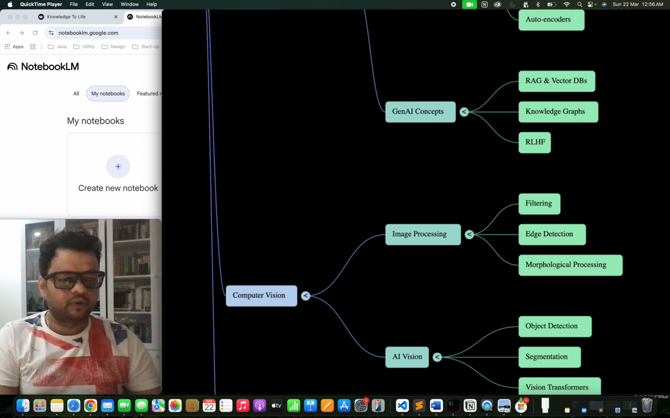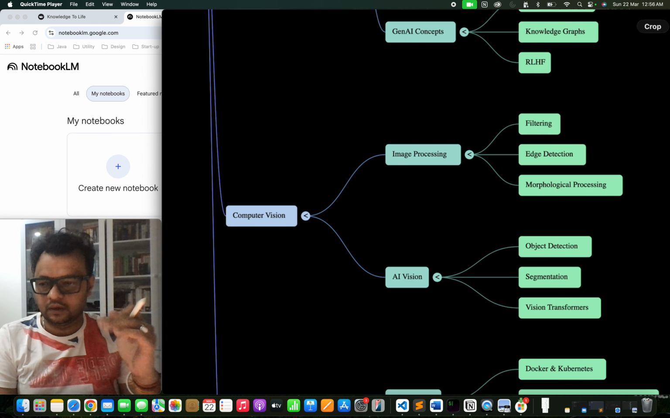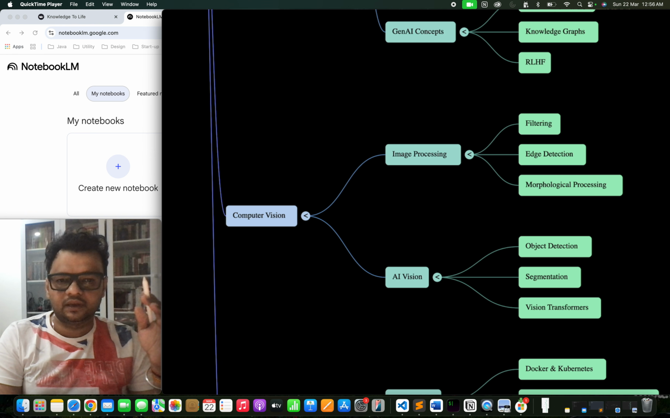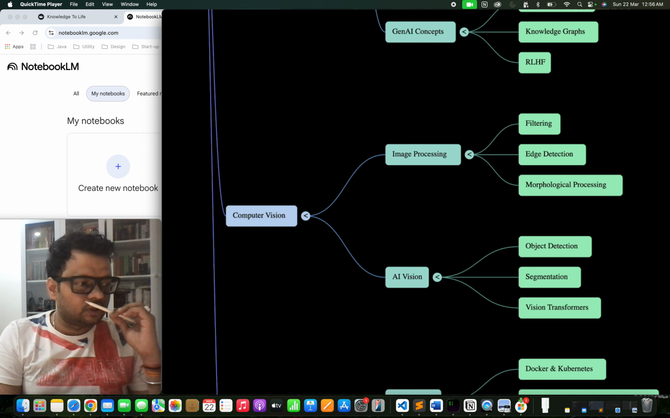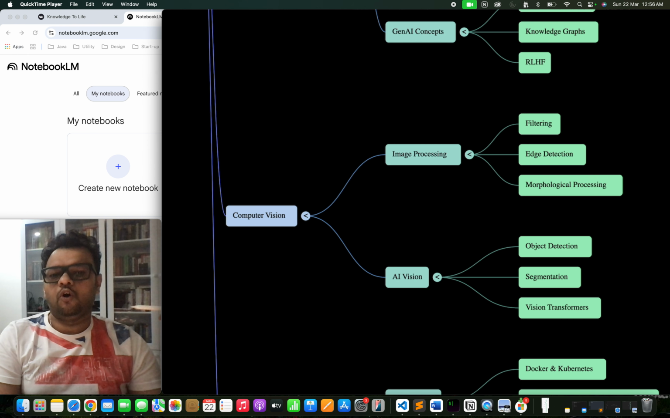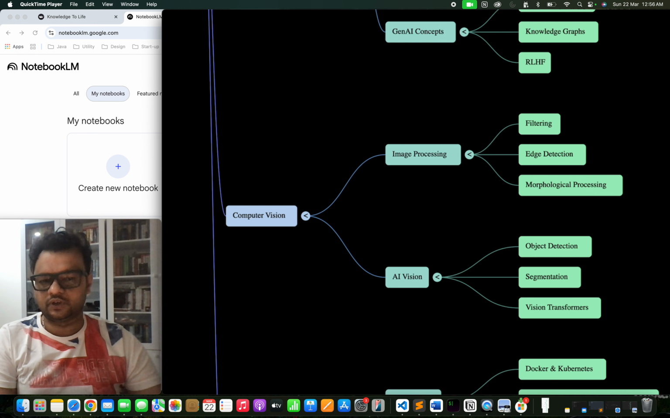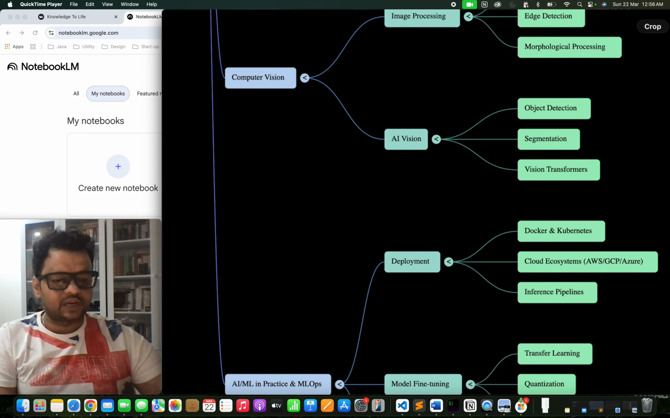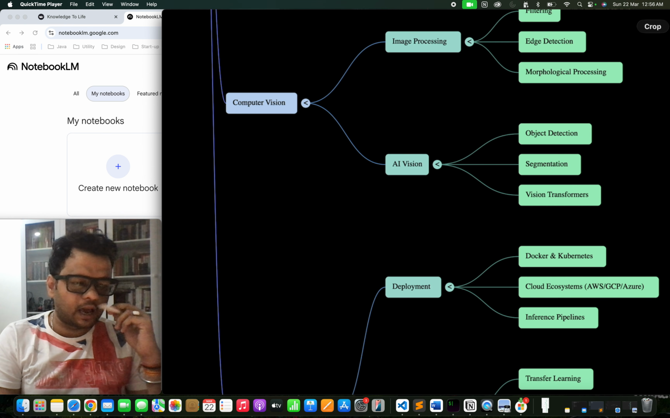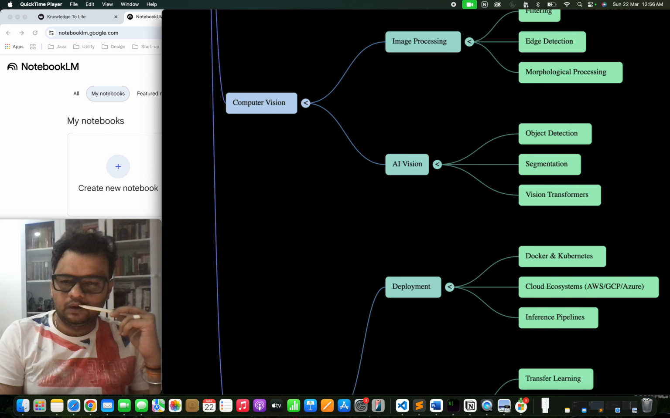Then we'll look into computer vision. We'll start with basic image processing and signal processing stuff like filtering, edge detection, superpixels, and morphological processing in images. And then we'll move into more advanced AI computer vision like object detection, segmentation, vision transformers, and all. Then we'll start looking into the deployment part of the models, like how exactly we will deploy